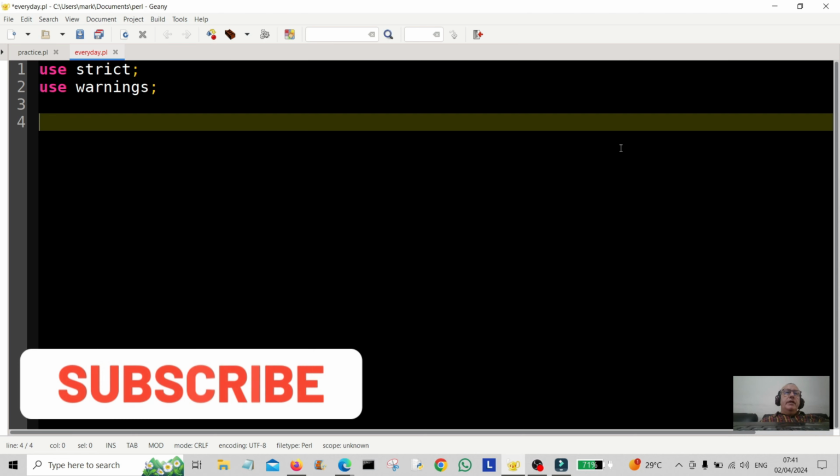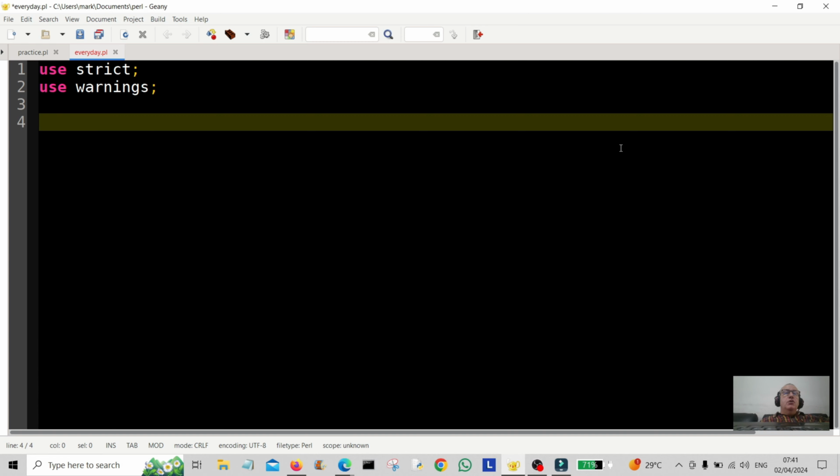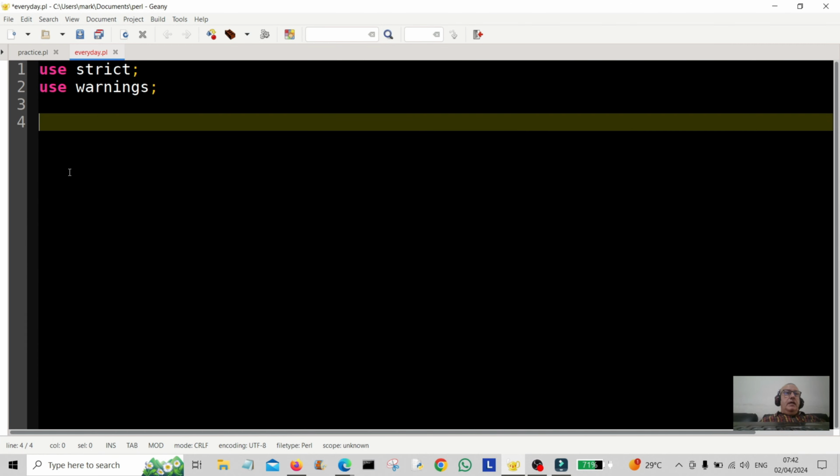Today we're going to create a short, simple program using System in Perl to open PDF files. And we're going to be opening this file here on my desktop called Test. Okay, so let's create a path there. So my scalar path is going to be equal to